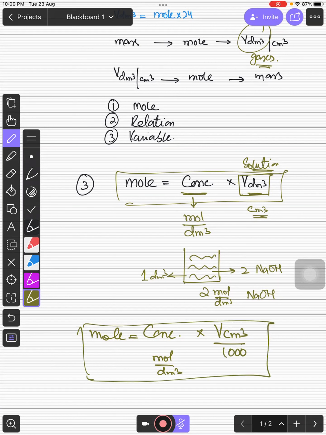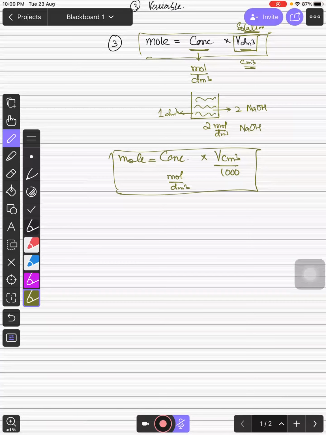if you have volume in centimeter cube, right? So ज्यादातर पेपर में ये सेंटीमीटर क्यूब वाला ही देते हैं, डेसीमीटर क्यूब वाला बहुत शायद ही कभी आपको नजर आए, सेंटीमीटर क्यूब वाला ज्यादा देंगे ताकि आपको थोड़ी सी मेहनत करना पड़े और यूनिट की वजह से आपके मार्क्स डिडक्ट हो जाएं, ठीक है ना।